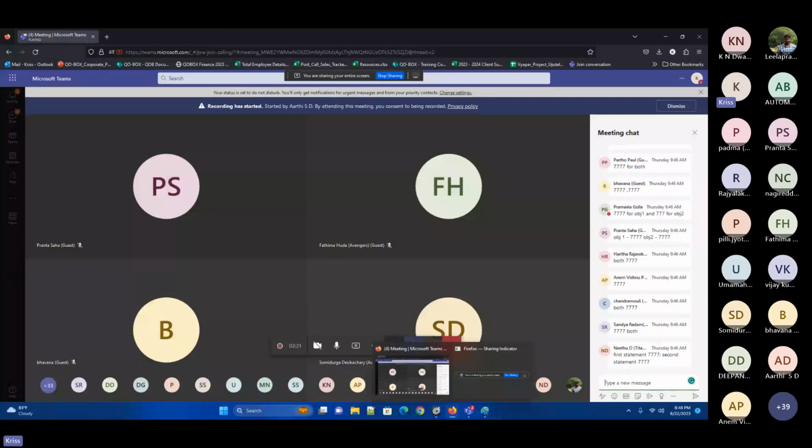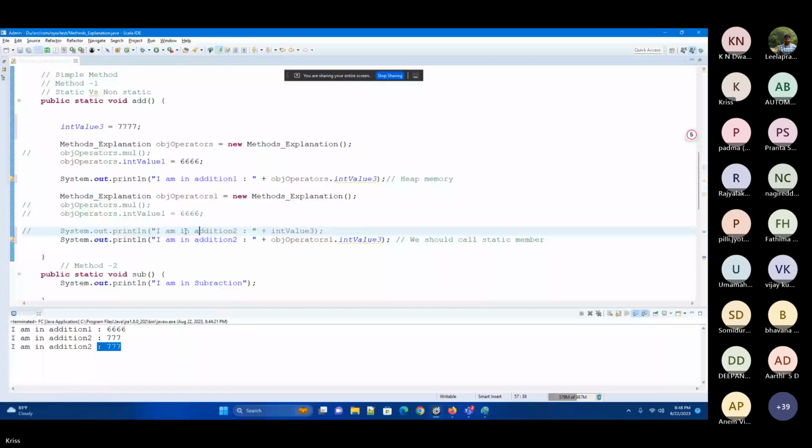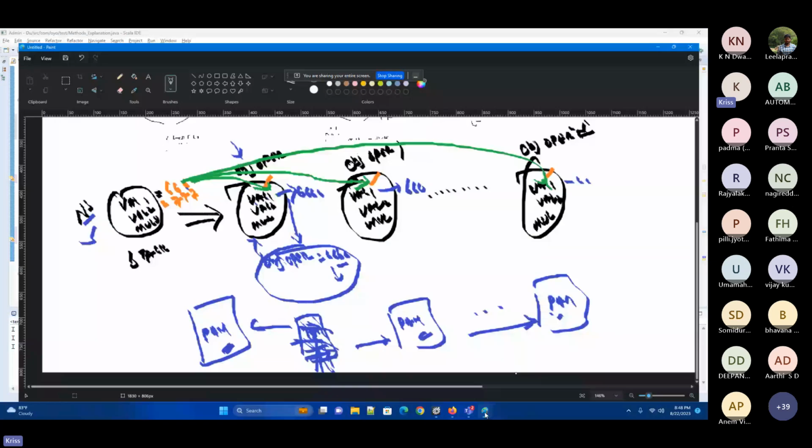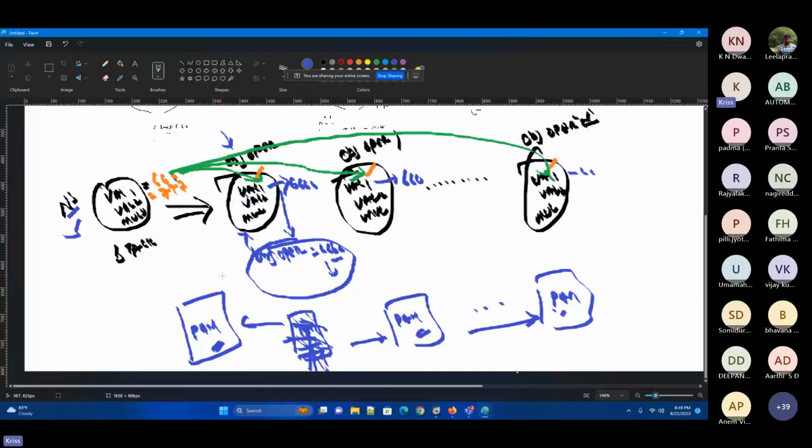The answer for this one is, you can see here, I didn't give it for any specific object. So if I change this particular value, it will change for everything. This is the basic difference between static and non-static. Now, all these statics are stored in